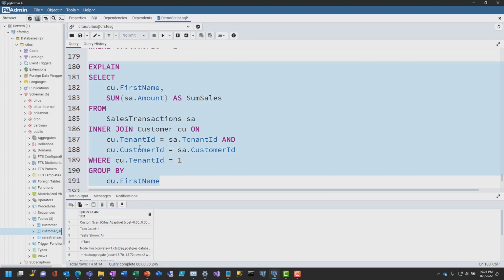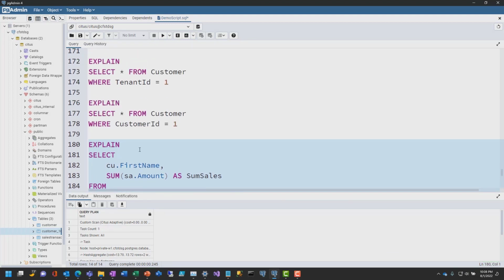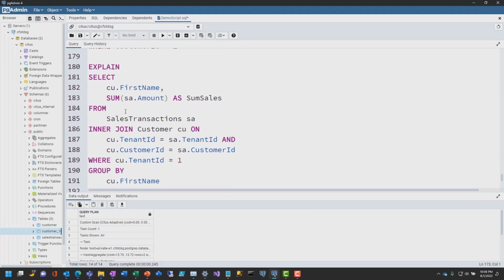So the point is the scalability to be able to run these queries locally only on a single node is not limited to trivially simple select stars with a filter. You can start to build very complex queries. I could expand upon this with all sorts of windowing functions and aggregates and averages and all sorts of stuff. So long as that join and filter are on tenant 1, that workload is going to be sent down to